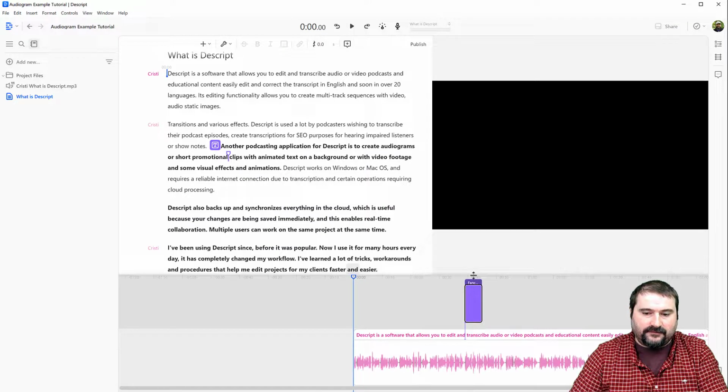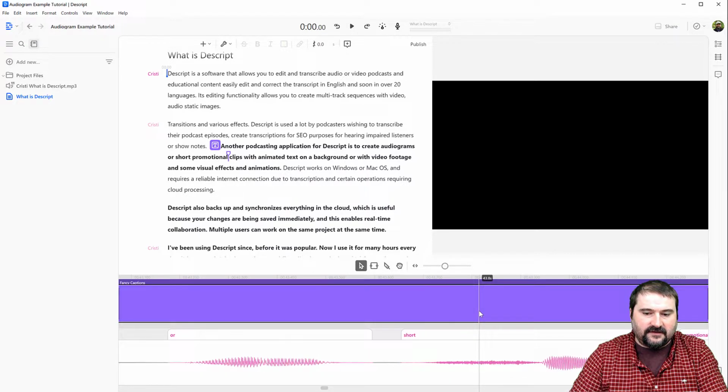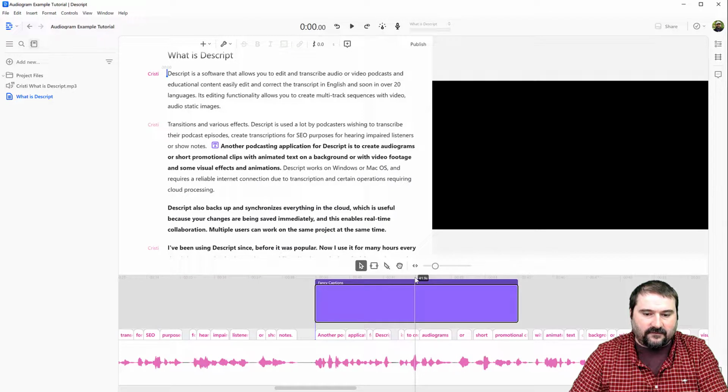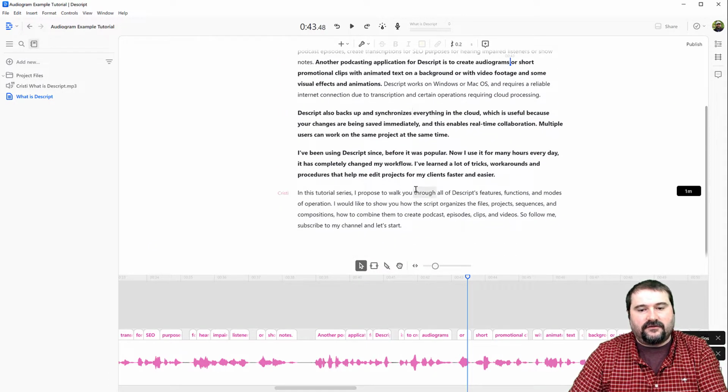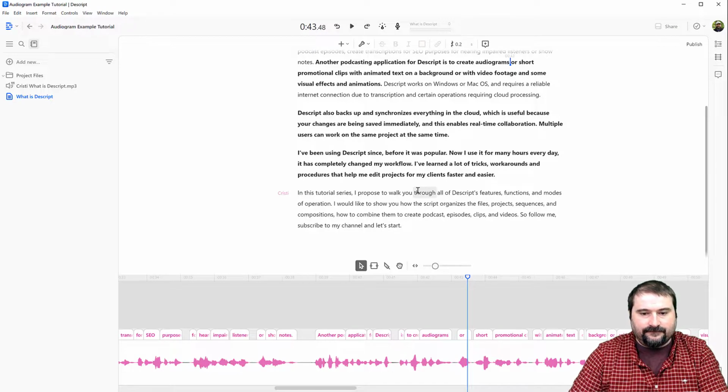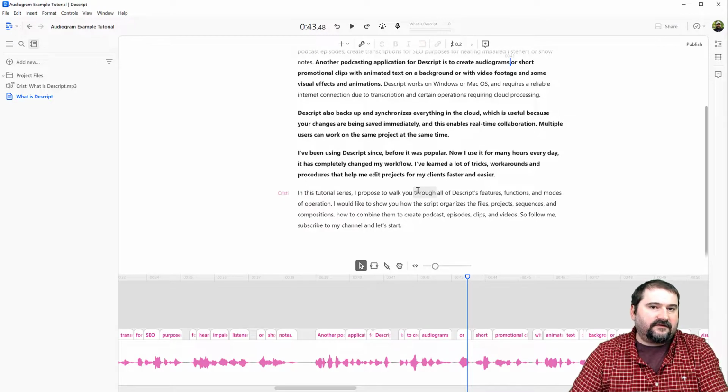If I put my playhead right down here in this timeline, you can see the captions on my video. And I say video in quotes because I don't have video, but that's the video window. Now, another way to do this, and let me delete the fancy captions here for a second. My video window is gone now because I've just undone all the things I did. Another way to create that is to actually include an image.